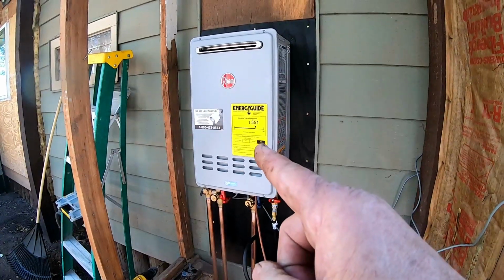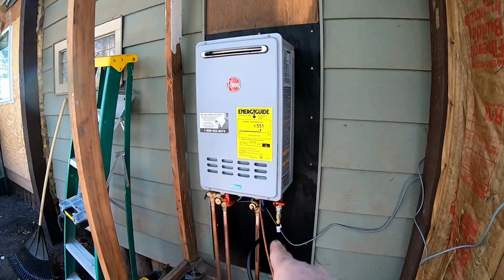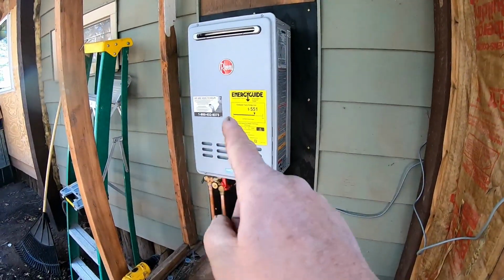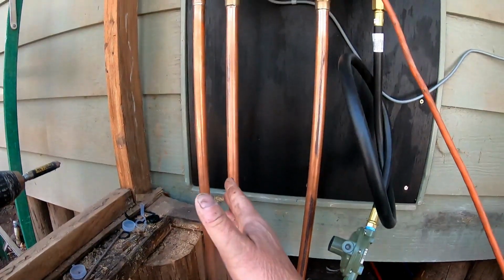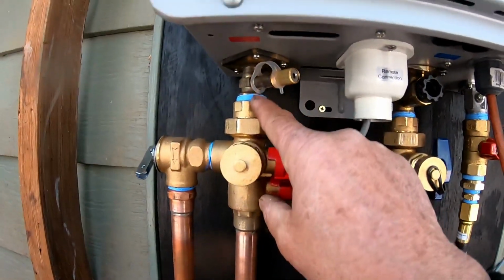I now have the tankless water heater screwed to or bolted to the wall, however you want to put it. I've painted the wood all the way around it black. I still need to finish that up there. I got to actually put another piece of wood up there. But anyways, I've got all this done down here. And what I've done is I've got all my copper water lines all sweated together. Everything's sweated here. Up here, you use a